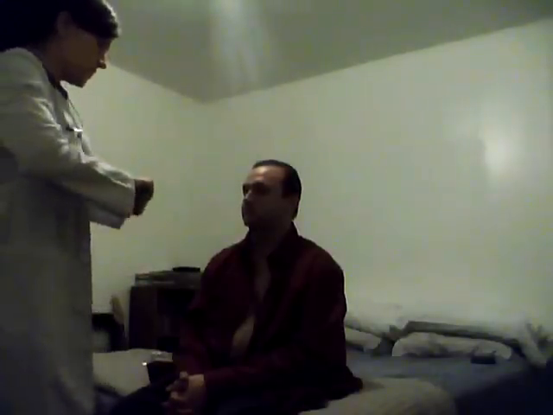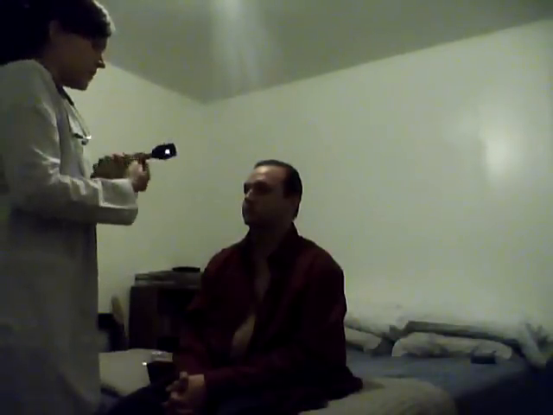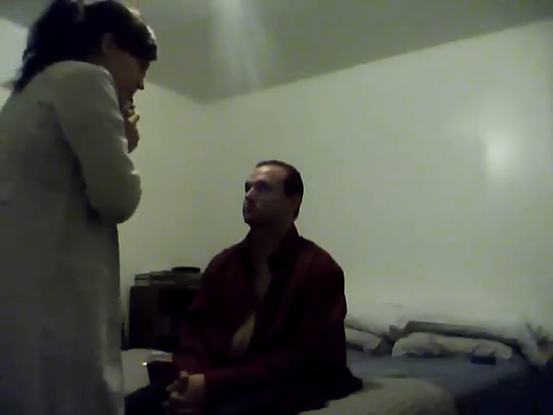Next, I'm going to do the fundoscopic exam of his eyes. So with my otoscope, turn the light on, put it to your right eye when you're going to be looking at his right eye. You're going to put your non-dominant hand on his shoulder and then wait for the red reflex. When you get that, slowly move in so you can get a little closer. Keep your fingers out so that you don't bump into him to possibly hurt him. So you're looking on the inside, trying to see the fundus, the macula, which you can see when he looks at the light, looking at the optic nerves,